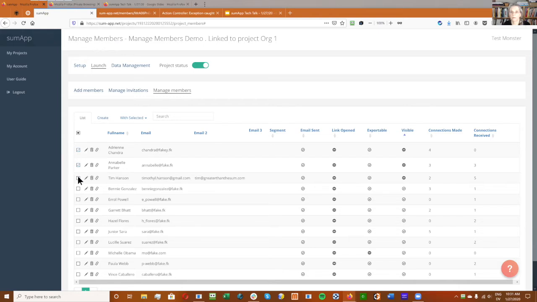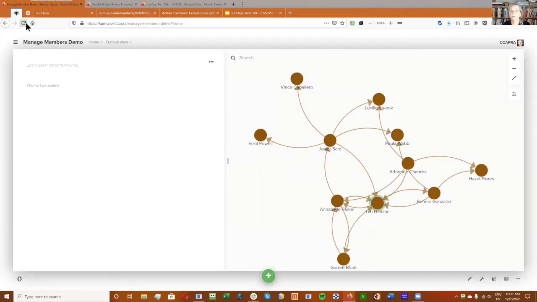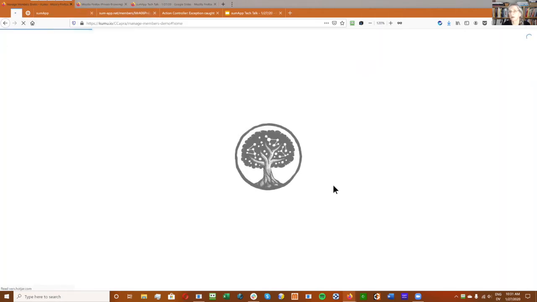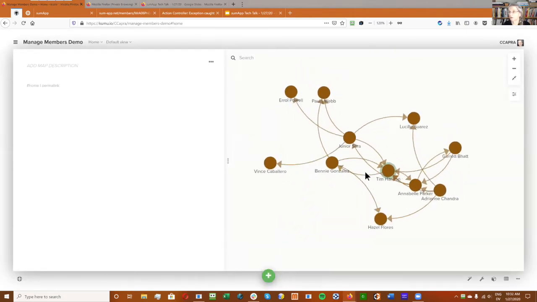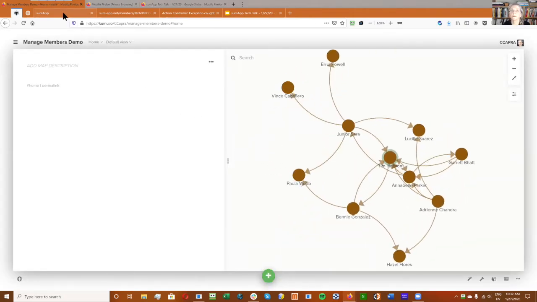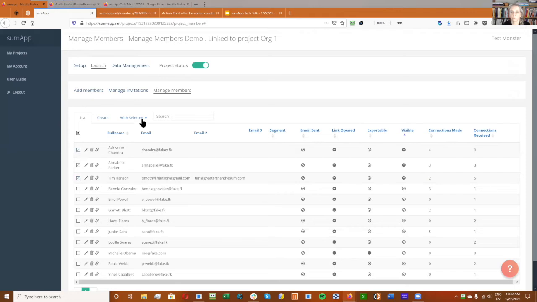And then the other thing is we might want to say, okay, well, now we're going to make it so that we also, okay, so right now we're not showing on the member tiles, but they will still show on the map because they're being exported into Kumu. So, oh, see, they're still there. So now what we want to do is with these checkboxes, go to with selected and merge and toggle exportable. And now we can see that,